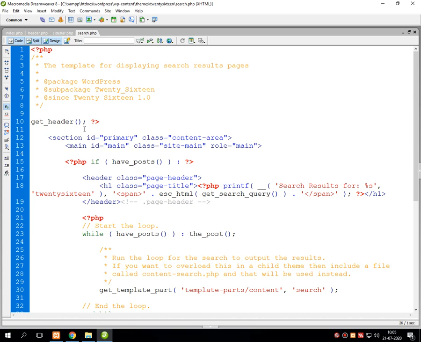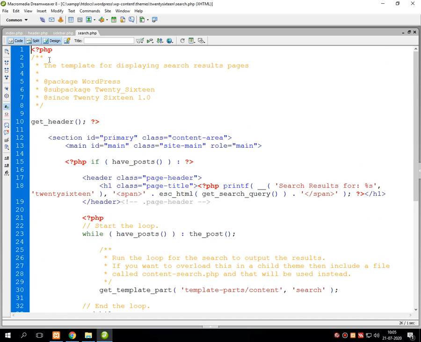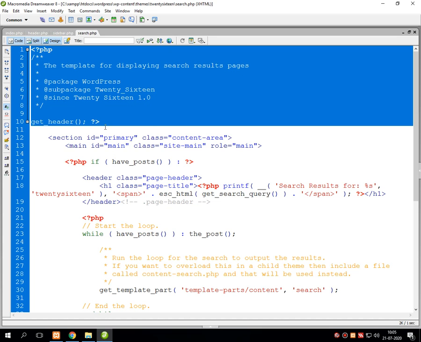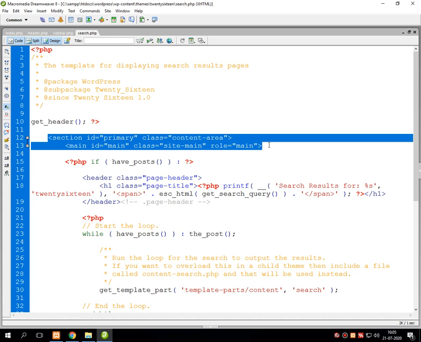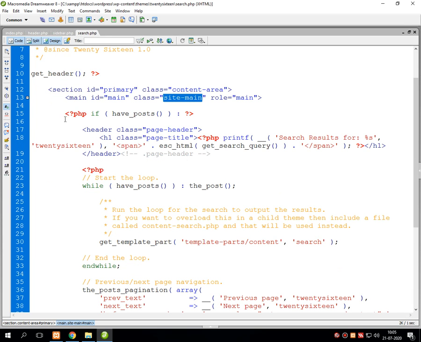So here I have opened search.php. Into the search.php, again the header gets called over here by writing the function called get_header. Then a few static lines are given which call for the CSS classes called content-area and site-main. Then it will check for